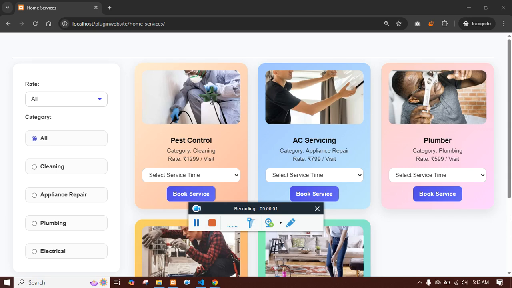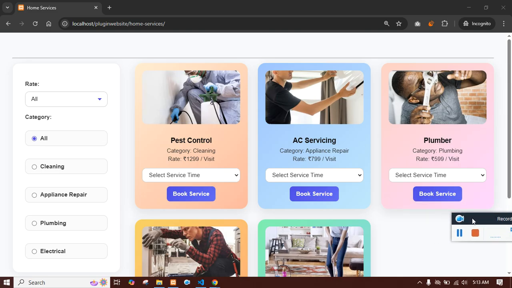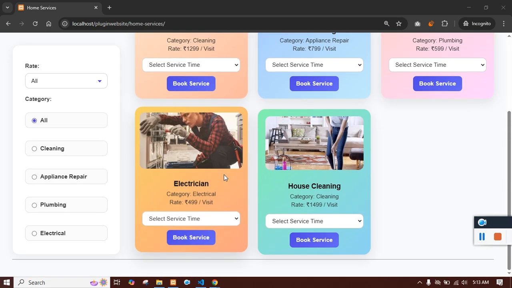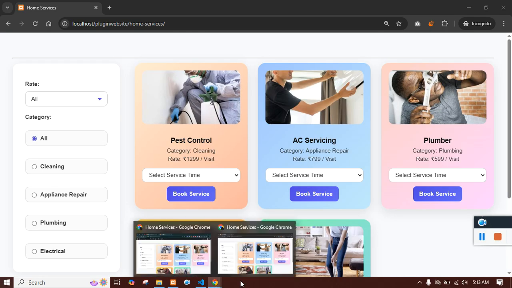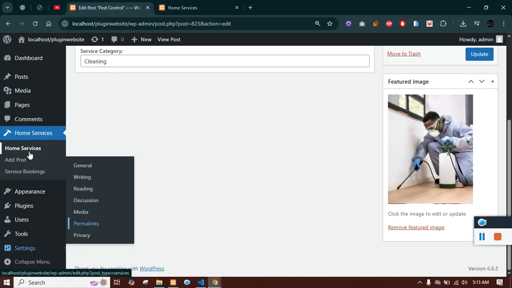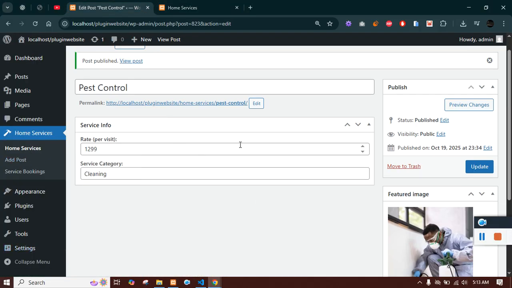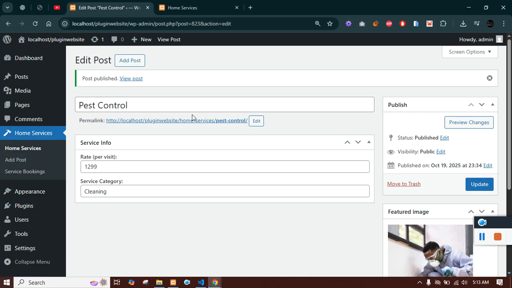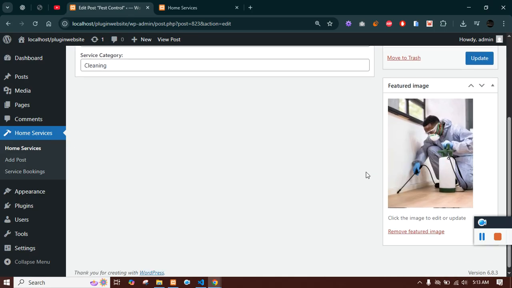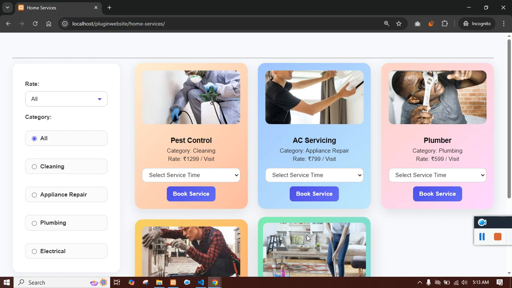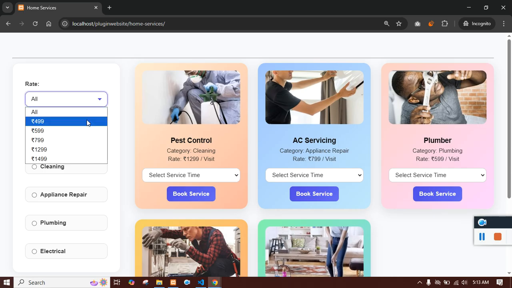Alright, in this video we'll see how to create a home service plugin. So what does this plugin do? By default, this plugin will create an archive page where you will see all the listed post types. In this page you can create a post type, or let's say services. These services will be displayed on this page, and now you can filter by price,